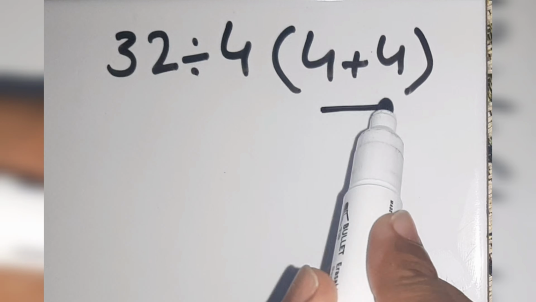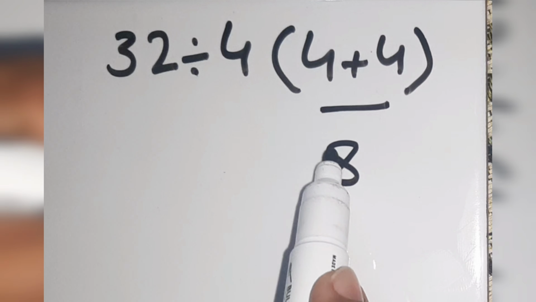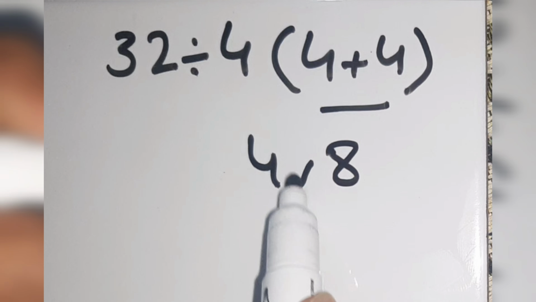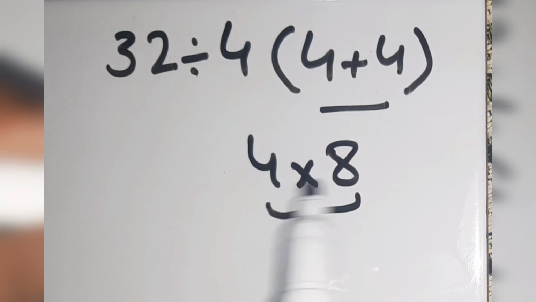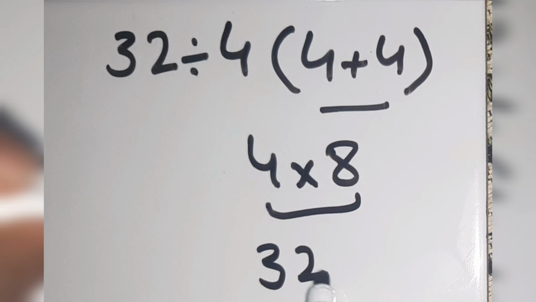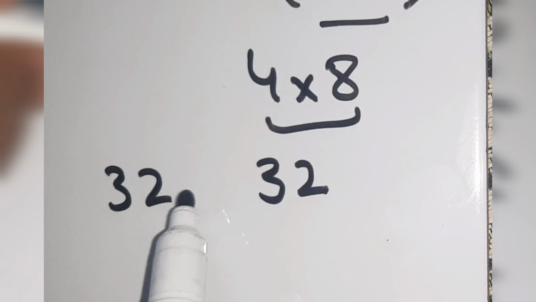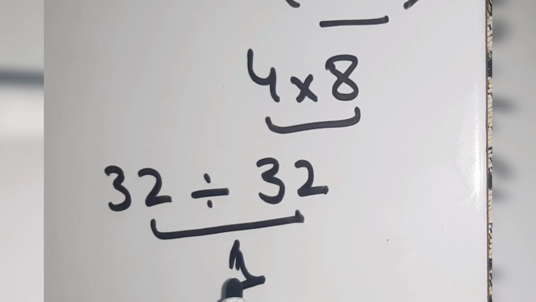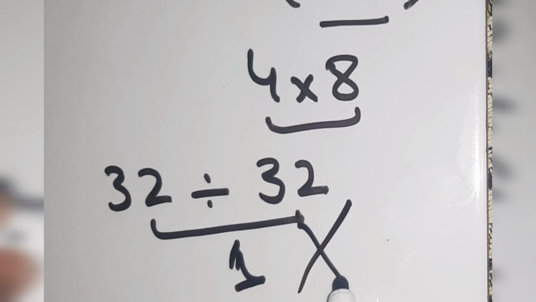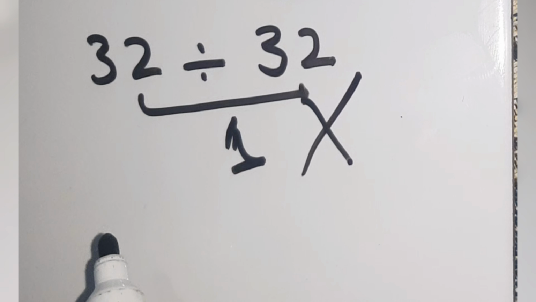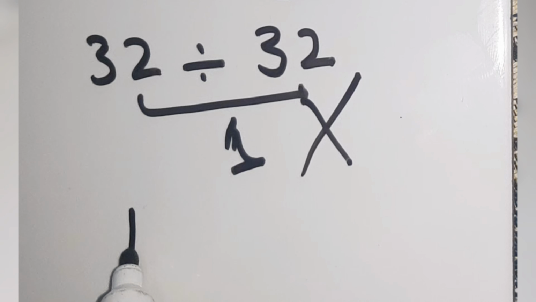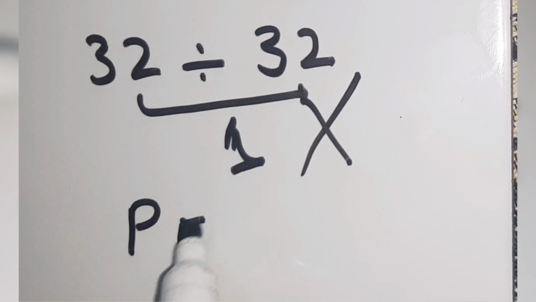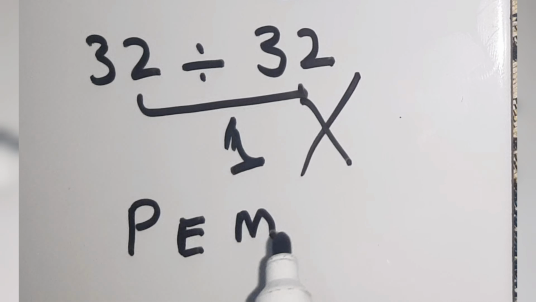Here 4 plus 4 gives us 8. Then 4 times 8 gives us 32. Finally 32 divided by 32 gives us 1. But this answer is absolutely wrong, because according to the order of operations, first we do parentheses, then exponents, then multiplication or